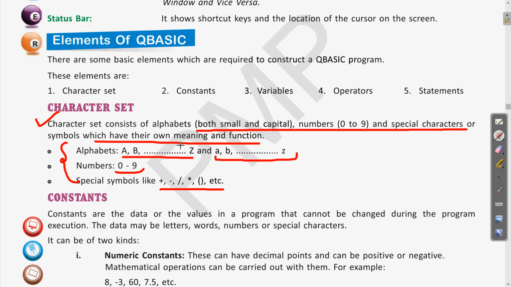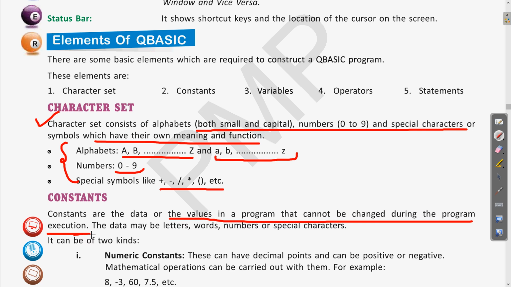So what are constants? As we were talking about, constants are the data or values in a program that cannot be changed during program execution. Clear? So if you are writing any constant value, it means that the value of that constant will remain the same in the program and it will not change.